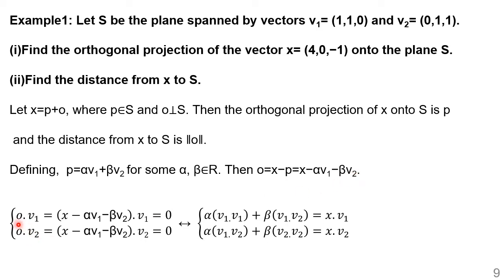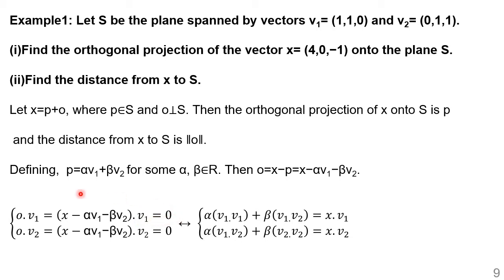It has been told that the vector O is perpendicular to the plane V. That means every vector in V has to be orthogonal to O. So therefore, O dot V1 should be equal to 0. O dot V2 also will be equal to 0. So we can write O is equal to x minus alpha V1 minus beta V2 dot V1 is equal to